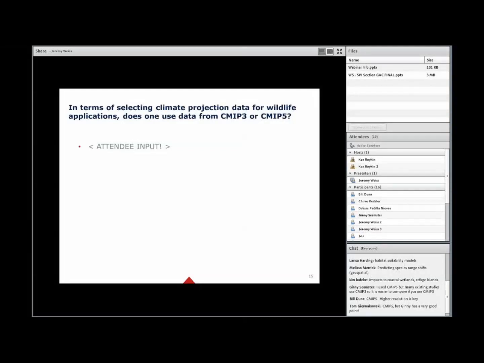Let's dig into this a little more. The authors of one of the downscaled climate projection data sources that was listed on one of the first slides had this to say a couple years back, that even though the CMIP-5 is newer, it's not been determined to be a better, more reliable source of climate projections compared to the CMIP-3 climate projections.